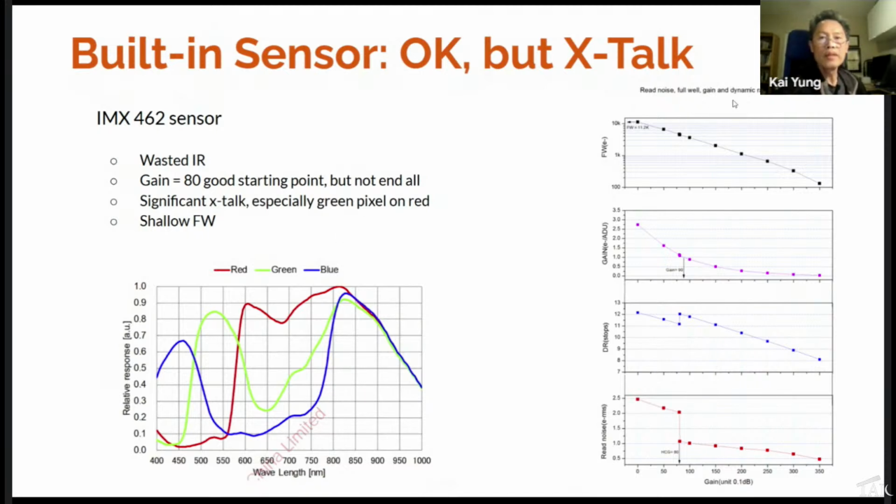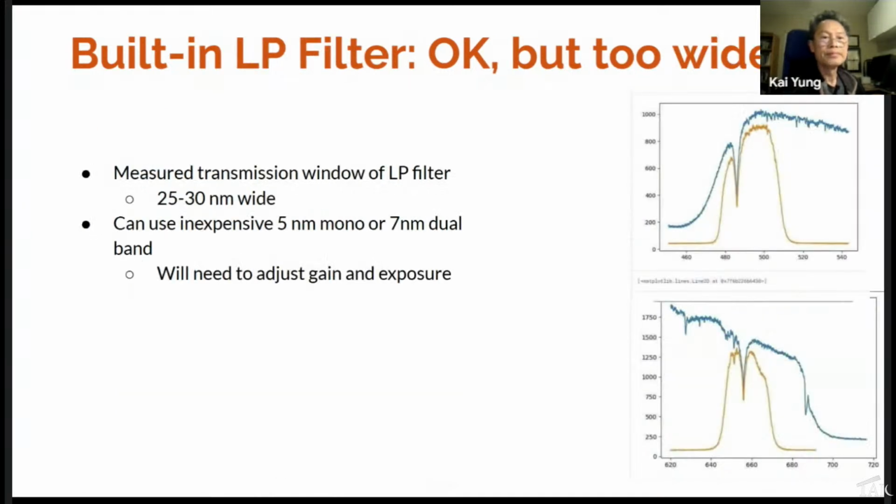And if you're into looking at the sensor's specs, you also notice that the full well depth is pretty shallow. So it's nice if you're doing short exposures, or maybe a galaxy where you can do some color balancing. But if you are looking at nebula data, you are getting a lot of crosstalk between your H-alpha and oxygen data. So what do we do about that?